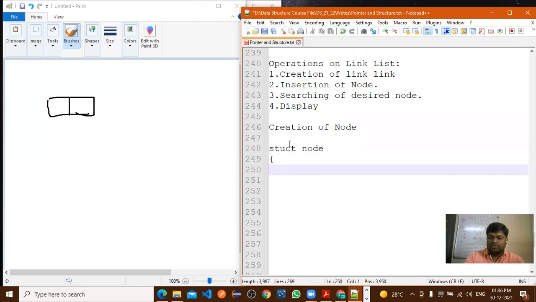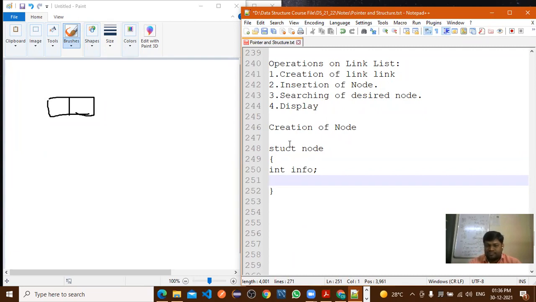After that, two variables we require here. Int data, or we'll write info. These are user defined variables. Next, what do we require? Next variable type.